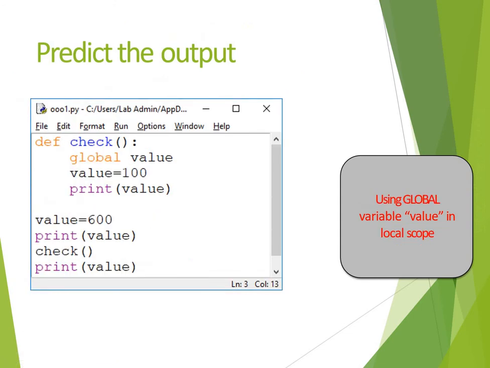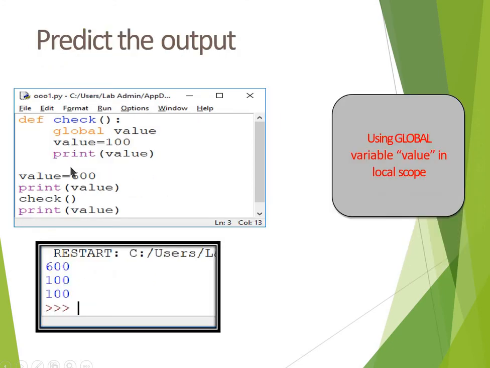Now the next problem: using a global variable value in local scope. This is another program. Global value is equal to 100, print value; value is equal to 600, print value, check. Now let's see the output. First value is equal to 600, print value, so it will print 600.